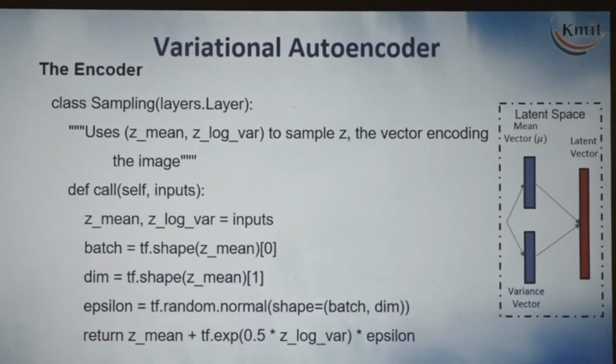Of course, without flattening also we can do it, but that is the next level, not here. At the experimental and research level you can try it without flattening also. So for that reason here, the 0th shape is in the batch, and the shape of the first dimension is in the DIM, so we create the normal distribution epsilon and apply the same values onto this formula to generate this red color